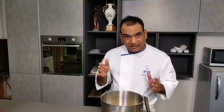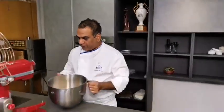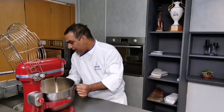What I mean to say is that you take the dry ingredients, you take the yeast, you take the flour, you take the eggs. But in case I'm using the milk or water, I will start with about 70-80% of the liquid, and then slowly I have a look at how the dough is coming up, and then I incorporate the rest of the water or liquid. So all my 4 ingredients are there. If you actually have a look,